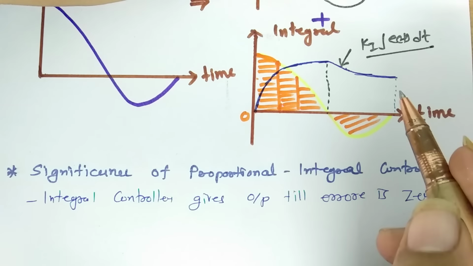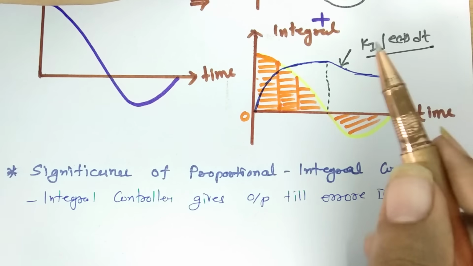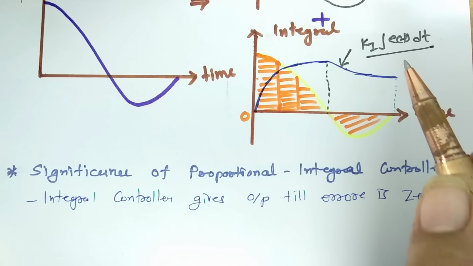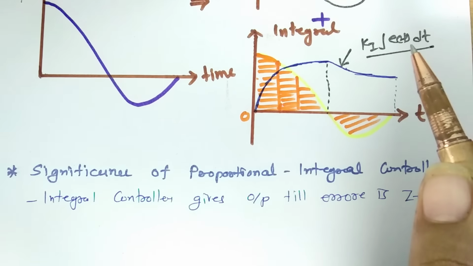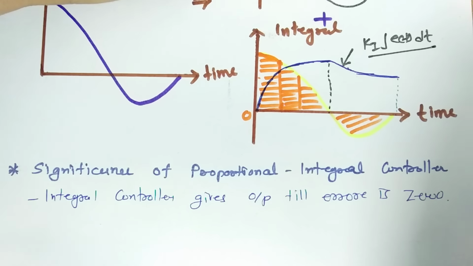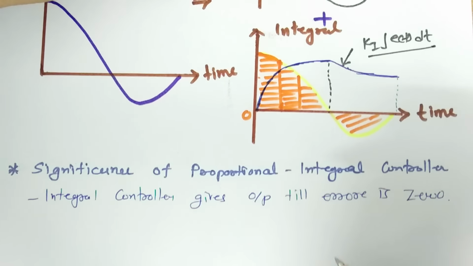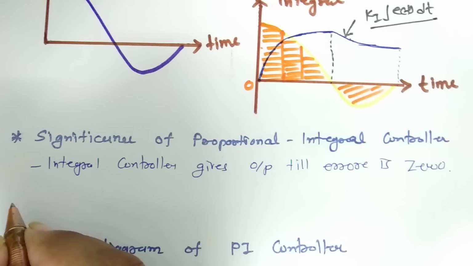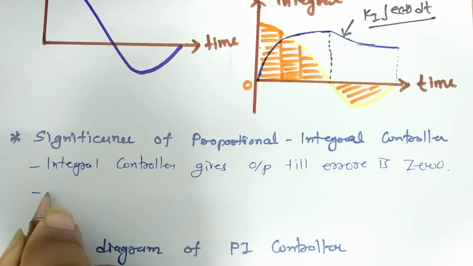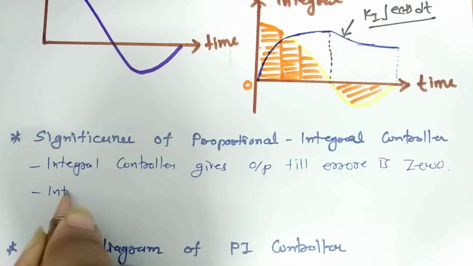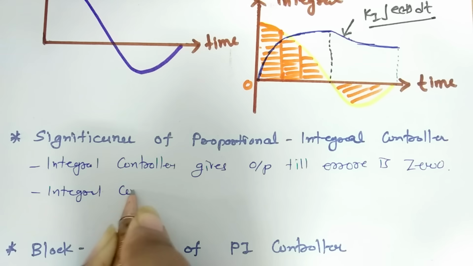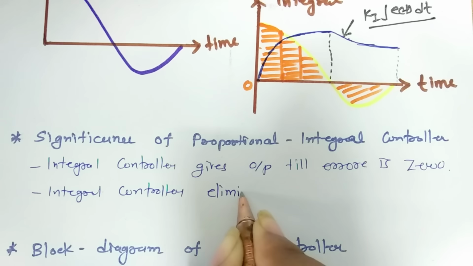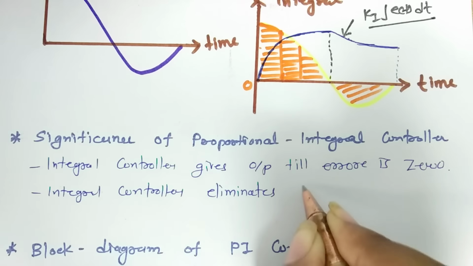If error is 0, then there will be a possibility of 0 output of integral portion, but till error is not 0, integral controller will give output. So ultimately, because it gives output till error is not 0, it will eliminate offset. So integral controller eliminates offset,